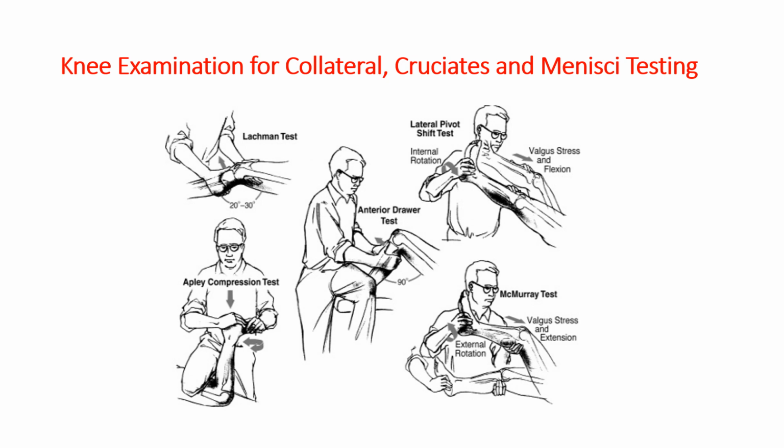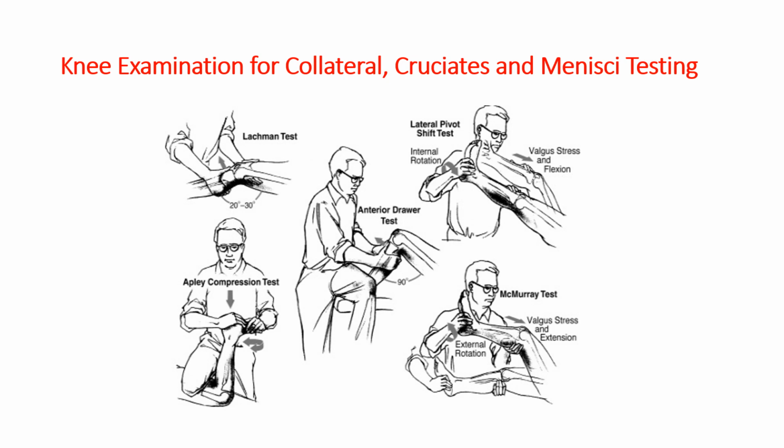When looking at the cruciates, you want to flex both knees and look at both from the side to see if there's any sagging of the knee. Could there be loss of integrity of the posterior cruciate ligament? Then you're going to do the anterior draw test and the posterior draw test. So you're pushing down with your thumbs on top of the tibia to see if there's any laxity, any weakness, and then you're pushing with your hands behind the lower leg, pushing upwards to see if there's any laxity of